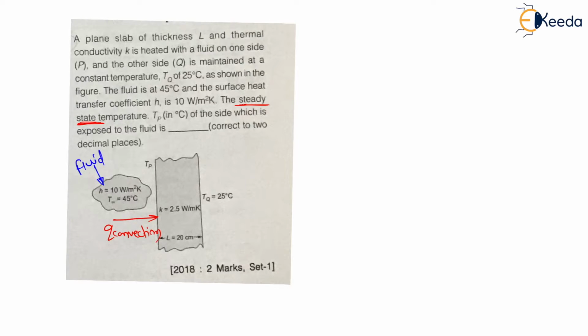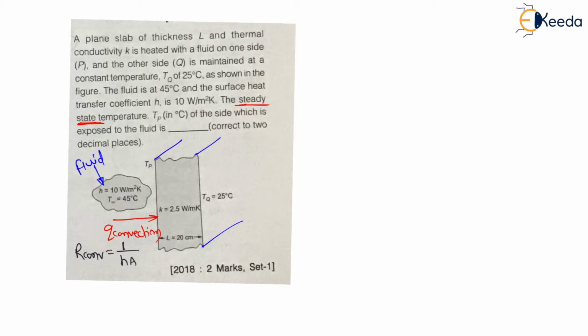Therefore, there will be a convection resistance. For this heat transfer, there will be a convection resistance, and we know that the convection resistance R convection is nothing but 1 upon hA, right? And the area exposed for this convection heat transfer resistance will be this height into width of this slab. Let us say this slab is having some width, therefore here area is this height into this width.